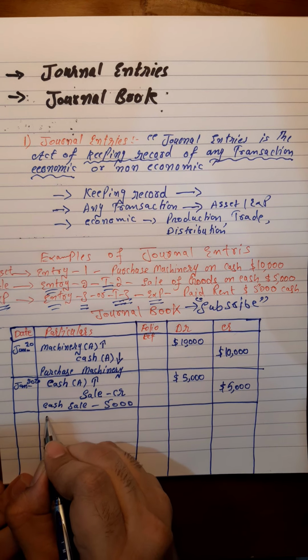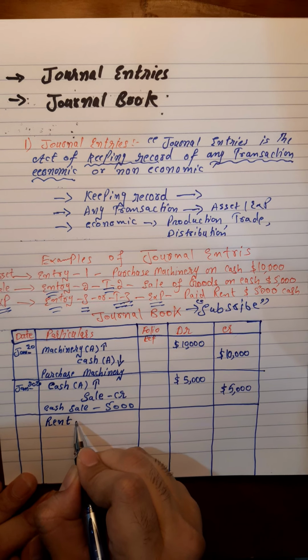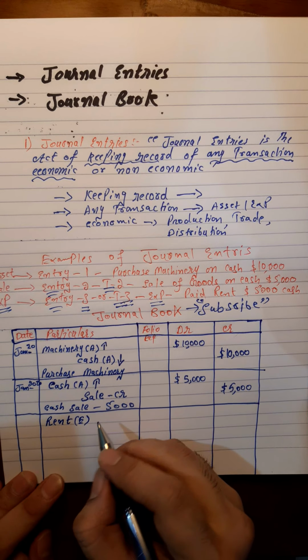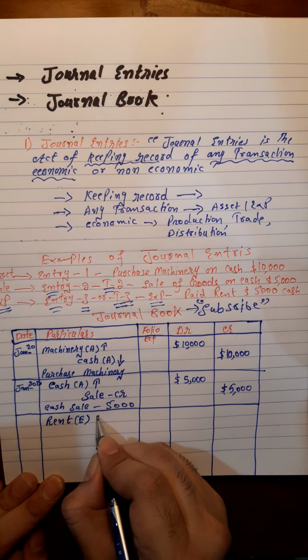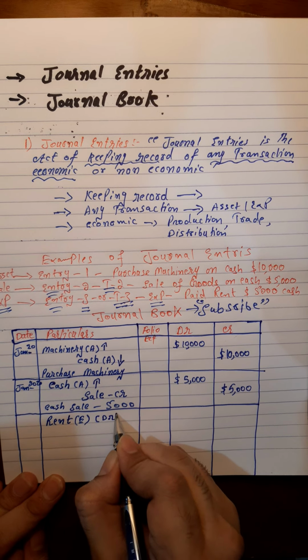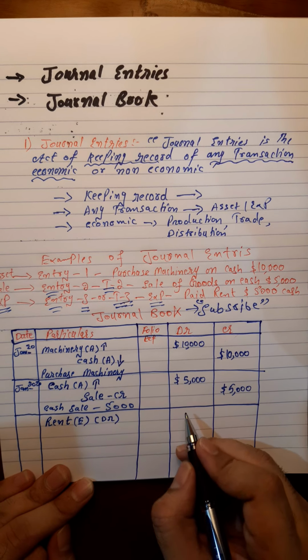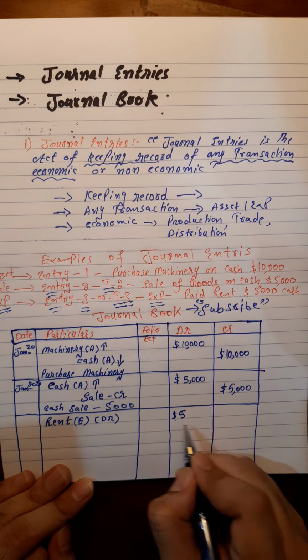Friend, rent is our expense. I denote it from E, expense. Expense has debit nature in accounts. Expense will always be debited. Rent debit with $5,000